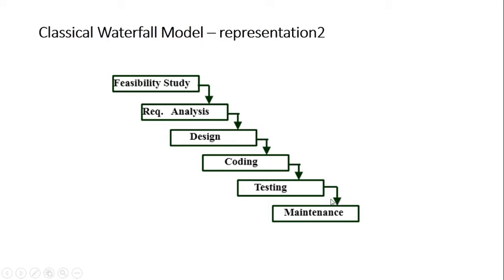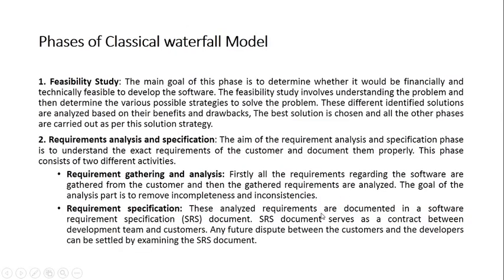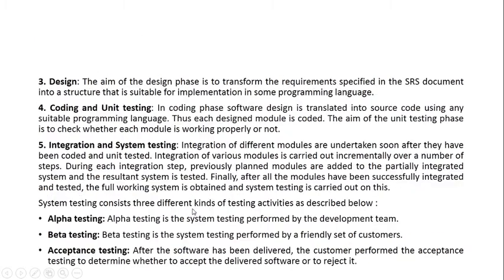After testing, we have installation, but we don't externally represent it. We assume that it's a part of between the two. Then quickly summarizing: feasibility, we have seen we have to check the feasibility with respect to financial and technical aspects. Then requirement analysis and specification, we go for gathering the requirement and then specifying it. Designing is preparing the plan. Coding and unit testing, we code it and we compile it right there itself. So unit testing is practically a part of coding. Then we have integration and system testing to check the final product.